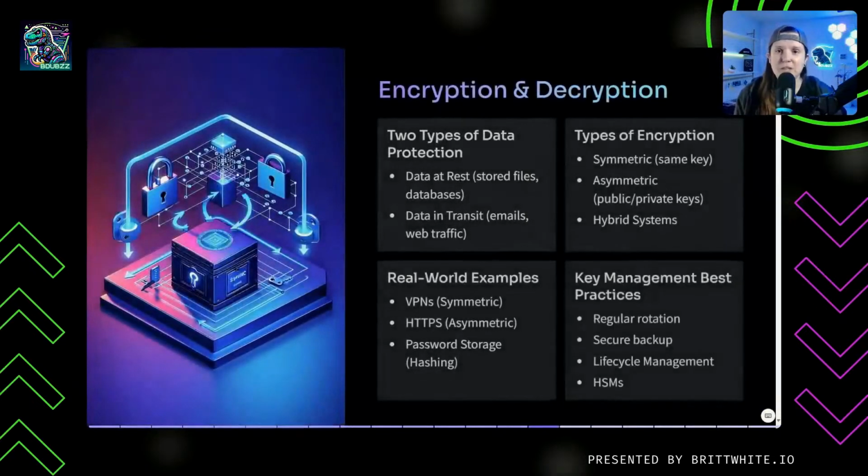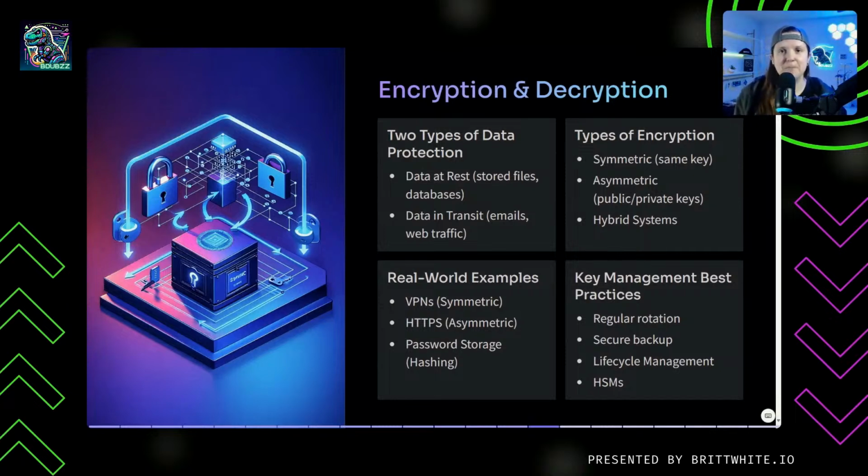Encryption and decryption protect our data, both at rest with stored files and databases, and data in transit, like emails and web traffic. Encryption transforms your data into a secret code that only authorized parties can unlock with decryption. First, let's understand encryption. It's the process of converting readable data into an unreadable format, using a special key. Think of it like putting your message in a locked safe. Decryption is the reverse, using the correct key to convert that scrambled data back into its original readable form, or